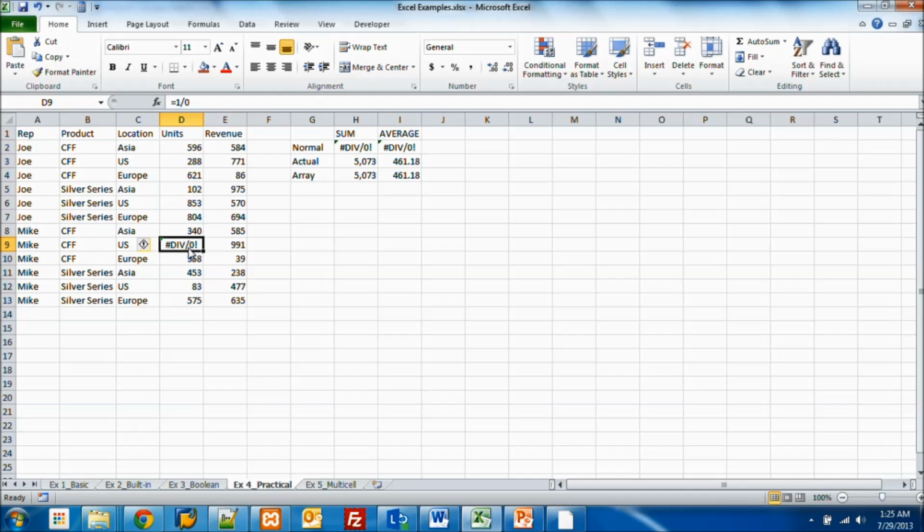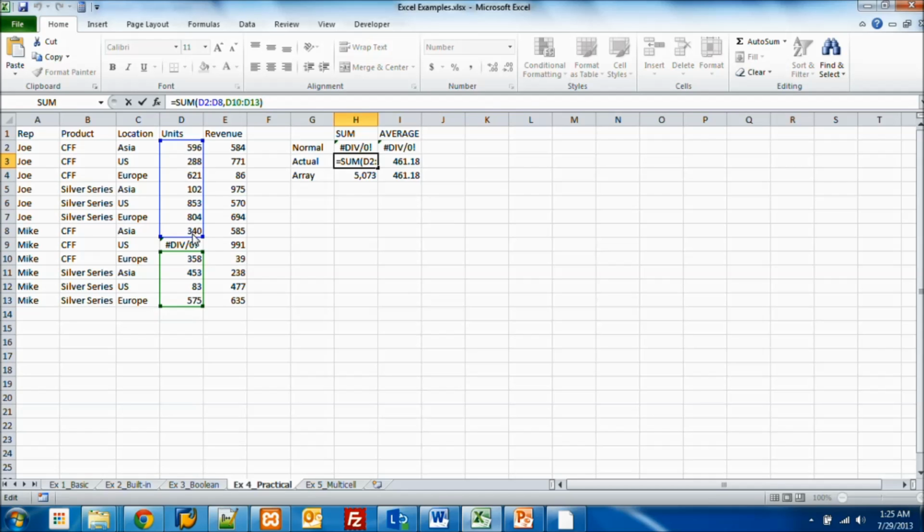However, if we have an error in that array, such as a divide by 0 or a pound number or a pound value, then we can't simply do a sum on the entire array over here, or else we're going to get an error. Same thing with an average. If we simply take the average of all the values and there's an error in there, we're going to get an error. If I look at the summation of it, I would have to manually come over here, sum the